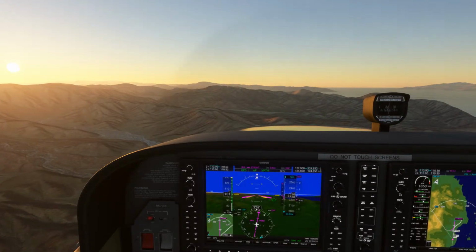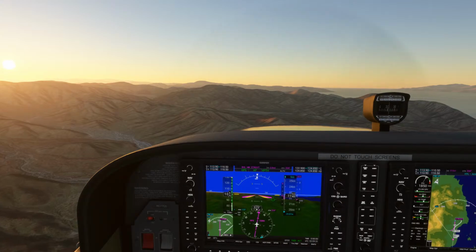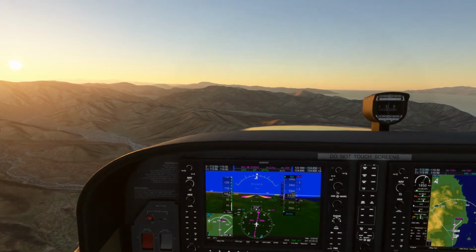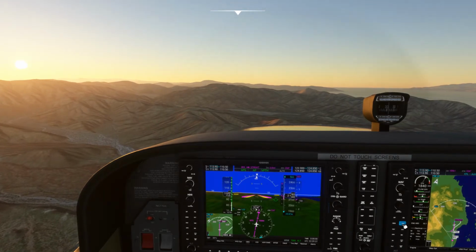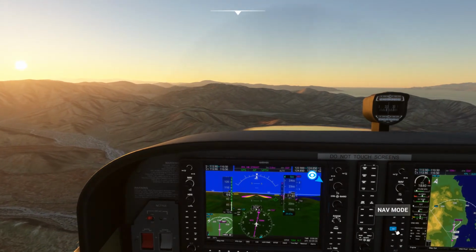Still descending right now. Once we pass straight, I'm going to try to do my approach hold there.